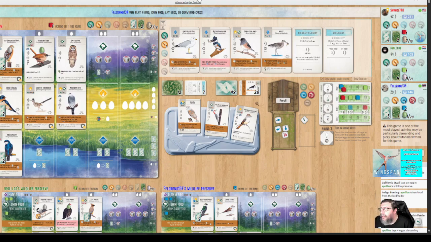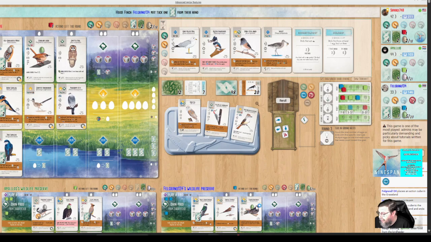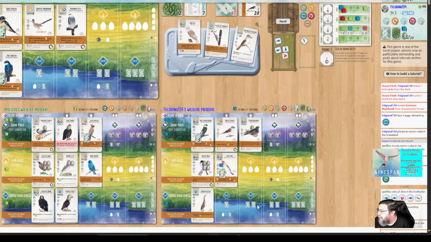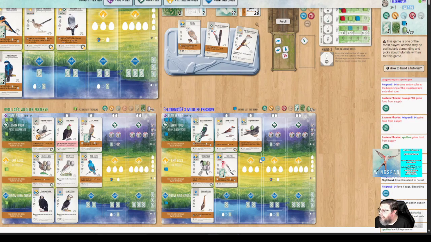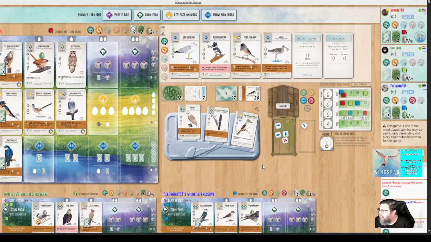I forgot we're not playing live, so I have to keep the action going here. Felgrand is playing a bird, I think. Yep. They laid eggs. Sorry. I thought they put something back, but